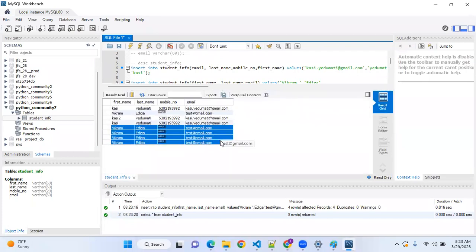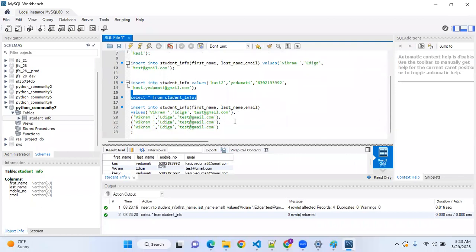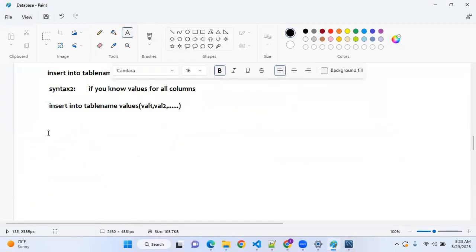So we have seen now how to create a table and two ways to insert the records into the table, and multiple records at a time if you want to insert into the table, that can also be done. These are the 3 things that we have discussed now. There are 5 more minutes left. I think we can cover the update statement also. Let's discuss the update statement.